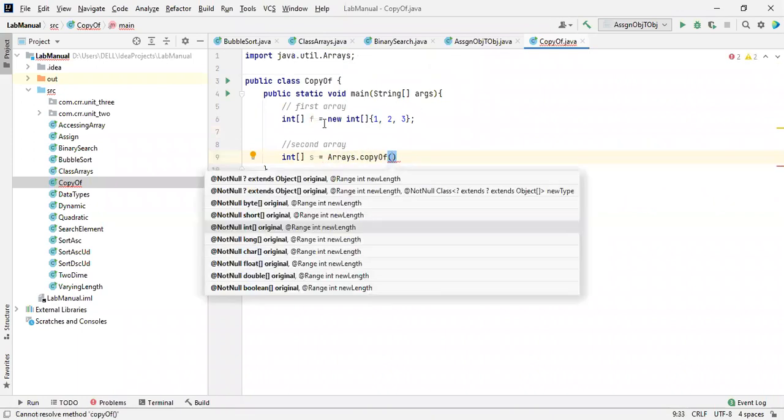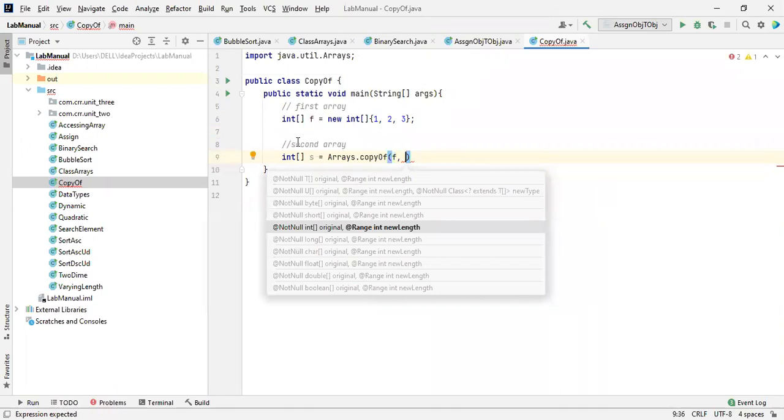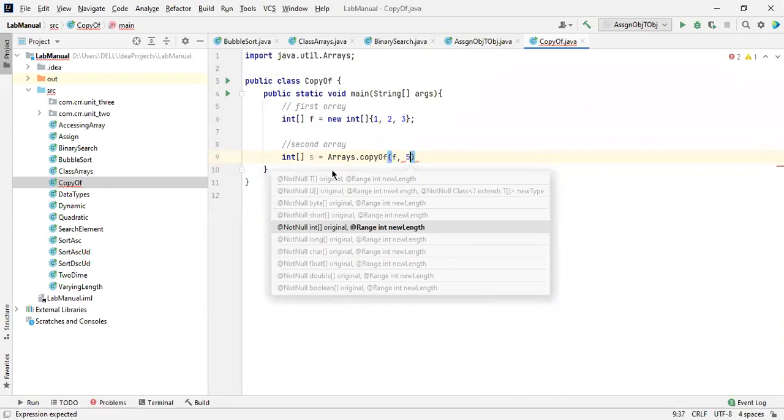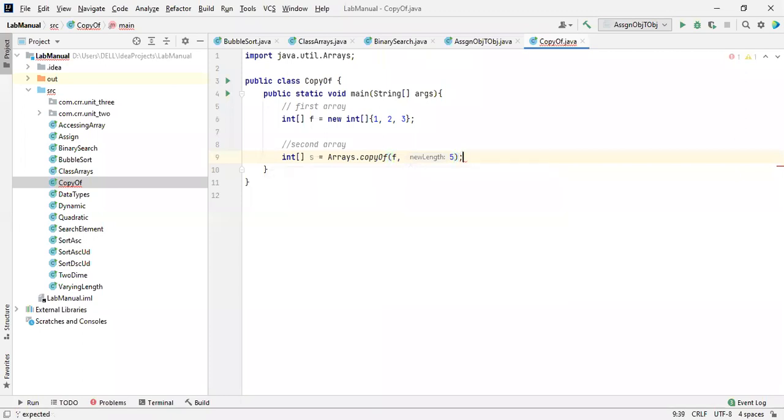So what we are going to copy? The first elements, and I want the size of the second array to be 5. So got my point, new length. See this, the first array has been initialized with 3 elements, which we call the size of the first array is 3. The size is 3.